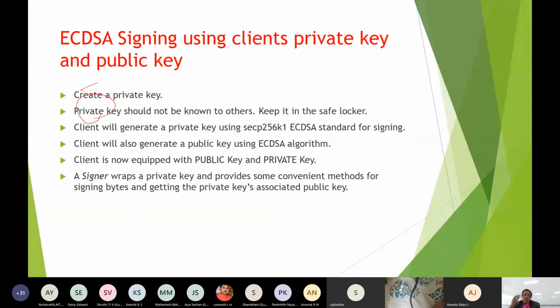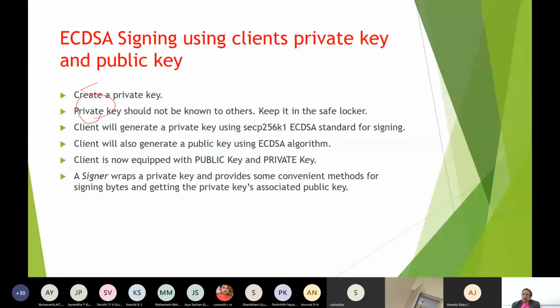Now, the client is equipped with the public key and the private key. Now, the signer wraps the private key and provides some methods for signing bytes and getting the private key's associated public key. That means the public key is known to everybody in the network.